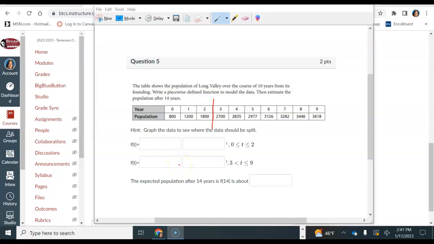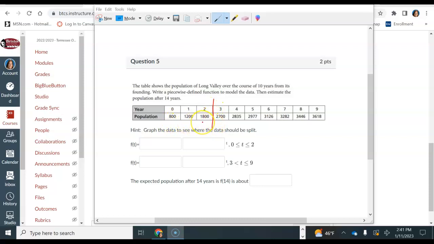All right, this is number 5 on lesson 13.1, and it does say to write a piecewise function if you're looking at the workbook. So let's talk about what this means. A piecewise function just means two or more functions, and you can see that it's already set up to put the two functions here. Because it has the domain as 0 to 2, you know that the first function is